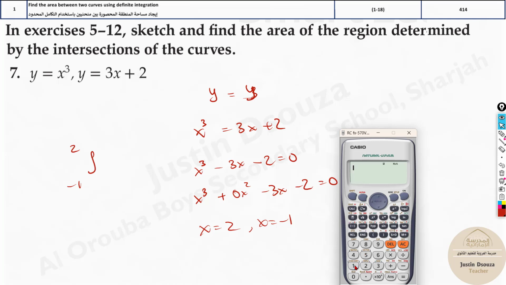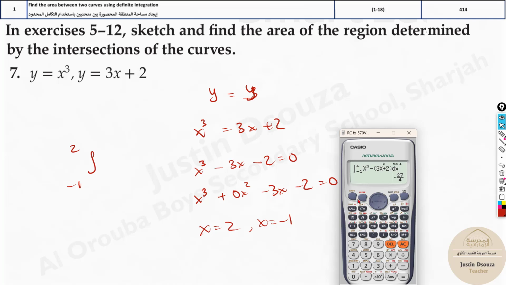So you need to go back to the computation mode. Let's do this answer. It'll be minus, let's write the equation first. Alpha x cubed, this is power 3, minus, we have 3x plus 2. Now close the bracket, and the limits are from -1 to 2. And the answer is